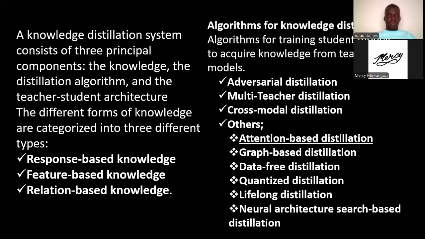algorithms. Now we are going to talk of the algorithms that we use to train student models to acquire knowledge from the teacher models. The first one is adversarial distillation. So adversarial learning, as conceptualized recently in the context of generative adversarial networks, is used to train a generator model that learns to generate synthetic data samples as closely as possible to the true data distribution, and a discriminator model that learns to discriminate between the authentic and synthetic data